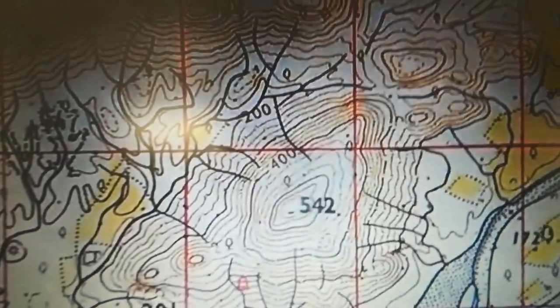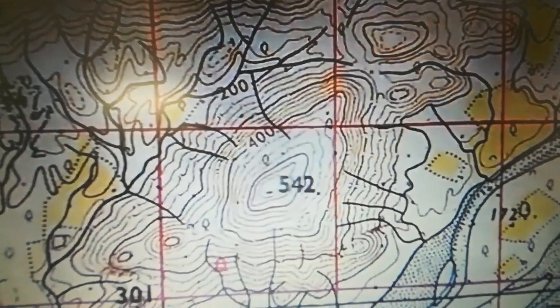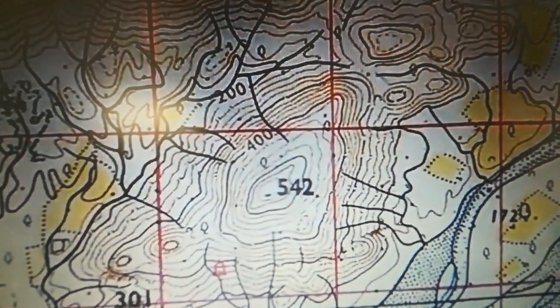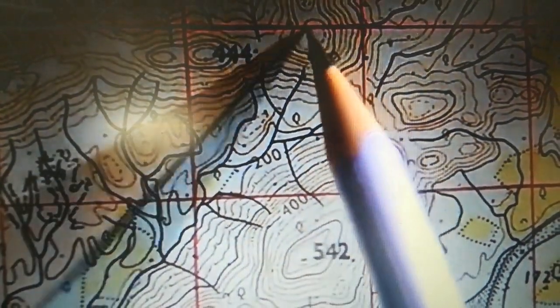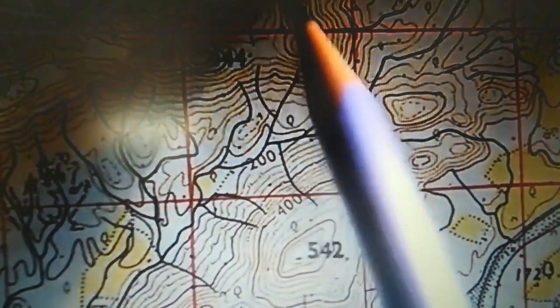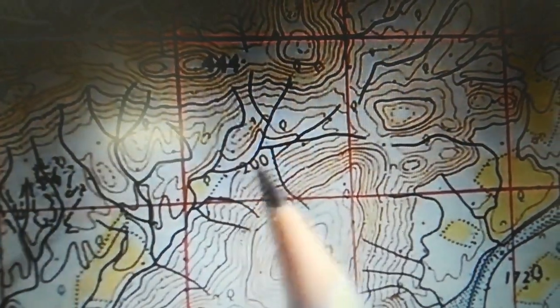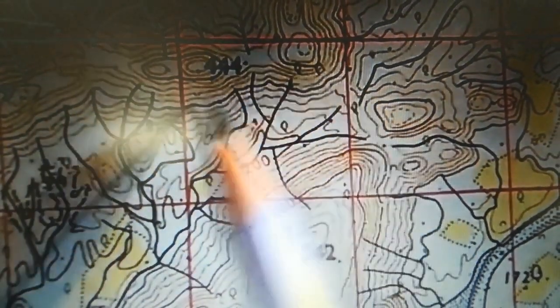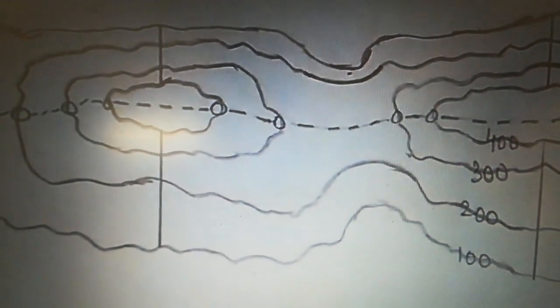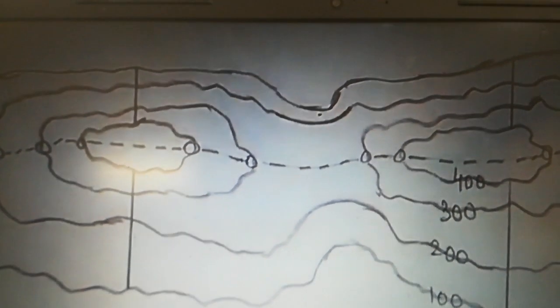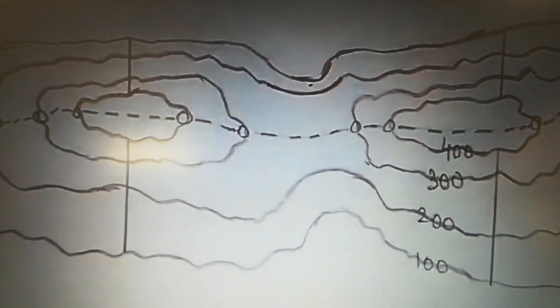Now we can see the ridge on the topo sheet. Then it is easy to understand. That is why I am showing the ridge on the topo sheet. These two hills were there, and near each other, and both are ridges. Okay, everybody clear? Now I can show you a saddle,